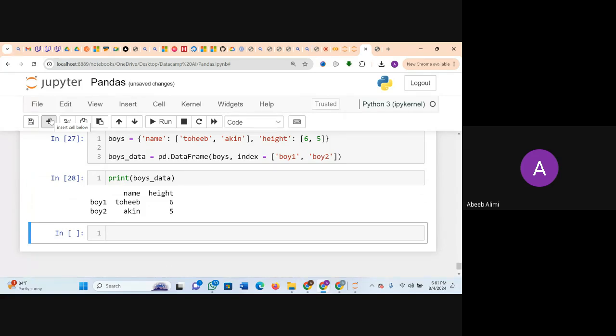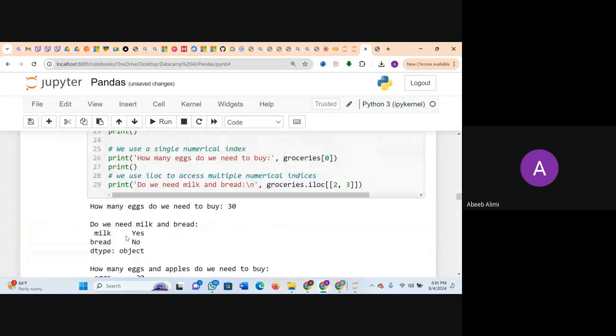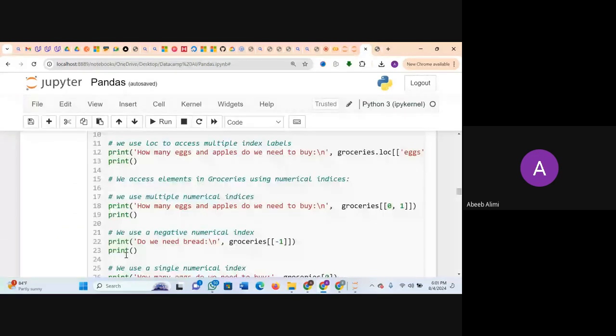One last thing that I would like to talk about is what if I want to locate a specific aspect of my data? I want to locate some part of it, right? So for example, I want to call in the first row. I want to call in the second row. How do I identify that? That is where what is called location comes in. There are 2 things I mentioned here the last time. Let me go over it so that we can see what exactly I'm talking about.